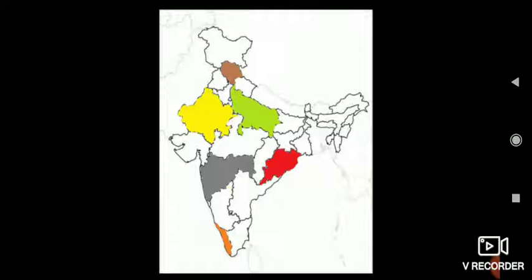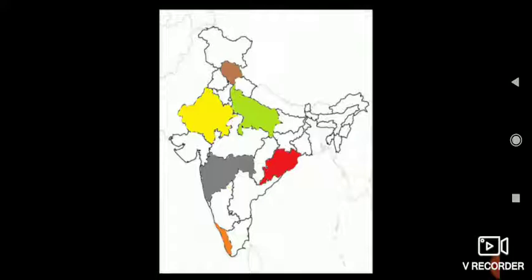So for example, you have to color a box yellow, and straight to that yellow color you should write desert soil. And in the other box you have to shade it red color, straight to that you should write red soil. And shade it green color, and straight to that you should write alluvial soil. Same way shade all the 6 boxes, and straight to that you have to write what soil that is. So this is how a key should appear.